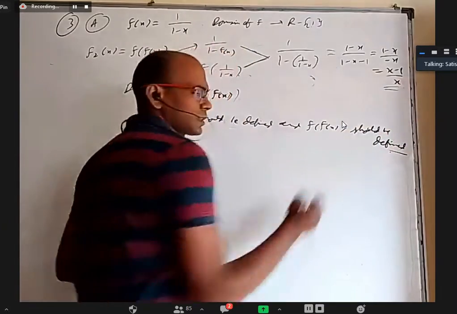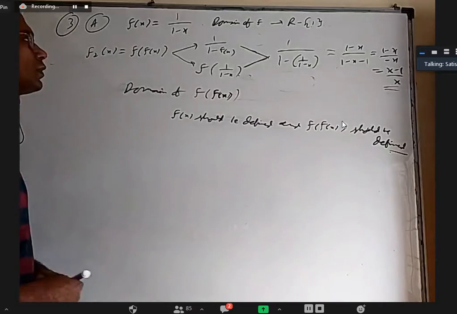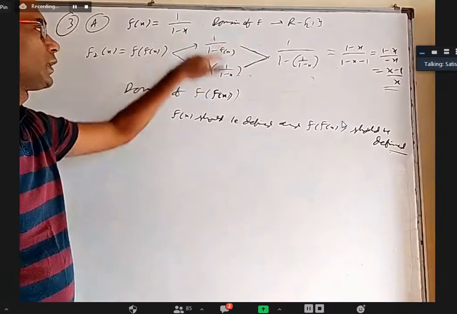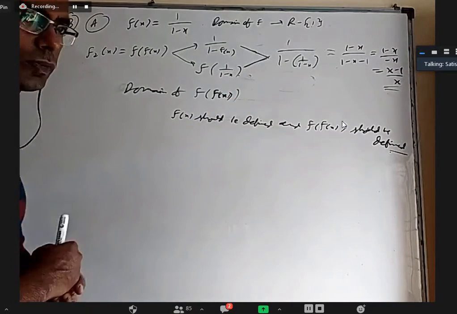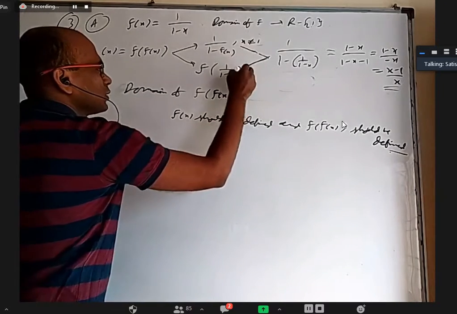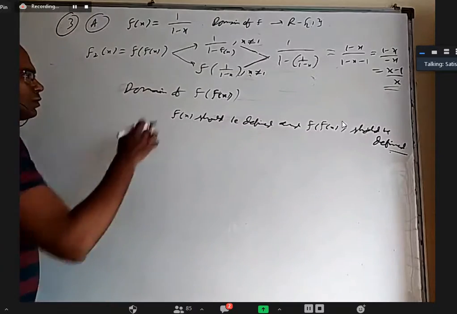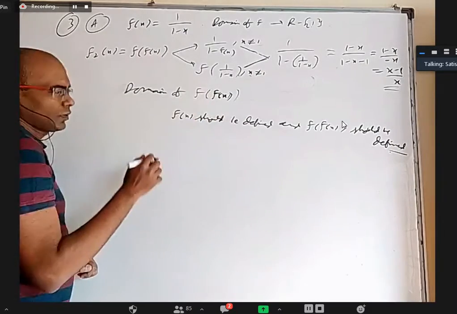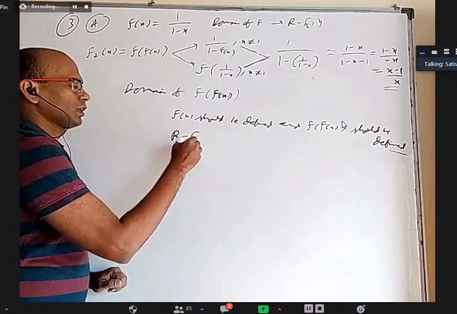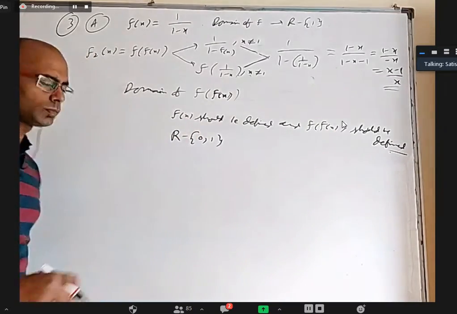Okay, so don't look at this. Okay, it is also correct provided x is not 1. When x is 1, you will face a problem here or here. Why? Here when x is 1, f of 1 is not defined. And here x is 1 also, this is not defined. So x should not be 1. So right here, while writing this only, we should write comma x not equal to 1. Okay, so that is where somebody can go wrong here. So the domain of f2 of x is not just because the denominator should not be 0, x should not be 0. It is all real numbers except 0 and 1. f of x is not defined at 1. f of f of x is not defined at 0.